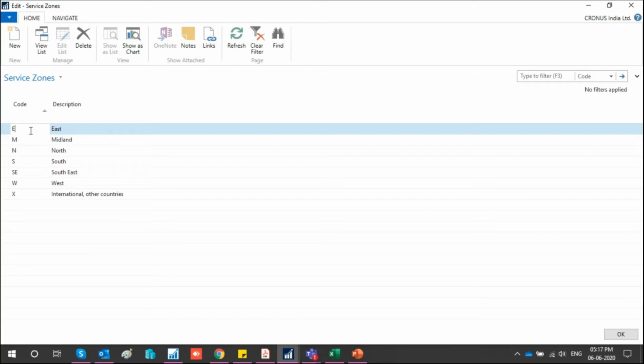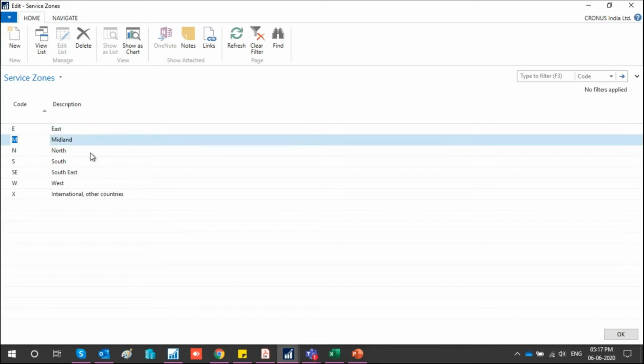In that case, it's very useful if I know which of my personnel are working in which regions, so that I can assign the nearby person to that client and he can visit in the least possible time and repair the equipment. So I can simply define the service zones with code and description.